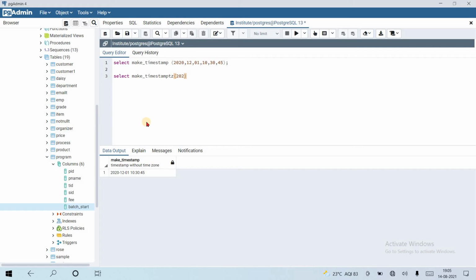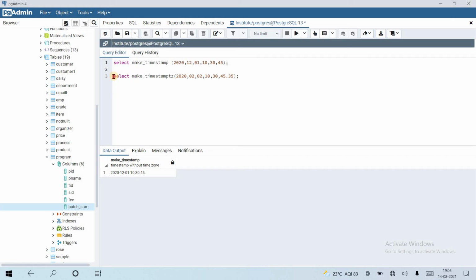Suppose 2020 is the first parameter, 02 month, 02 day, 10 hour, 30 minute, 45 second, point 35 is the precision of the second.